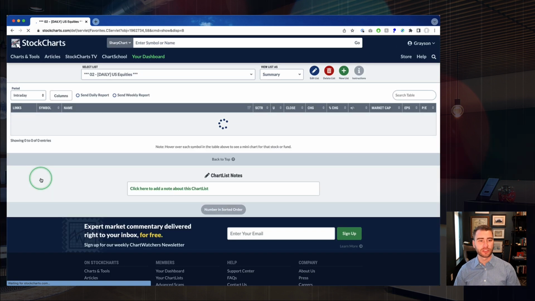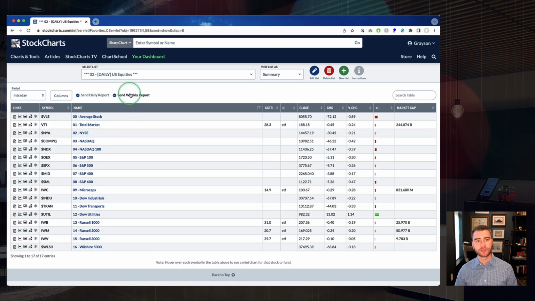For instance, we can jump into this daily US equities list, and you can see these 2 checkboxes are checked. Now this is showing you what's in this list as well. In this case, I've taken all of the major US equity indexes and I've put that into a single chart list. These are charts that I look at on a daily basis. I can annotate those. I can do everything I can with a normal chart list. But the other great feature of this is that because I've turned on those daily and weekly reports, at the